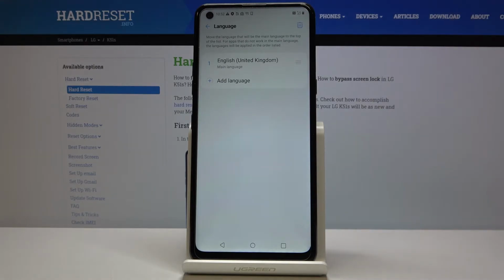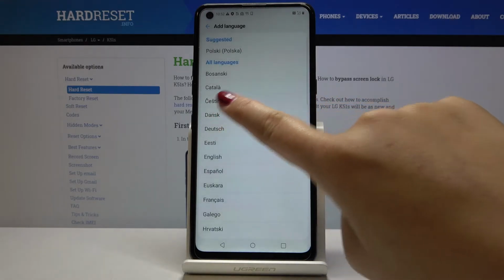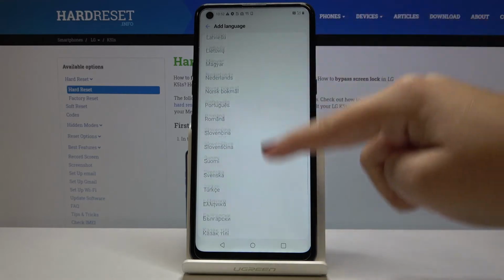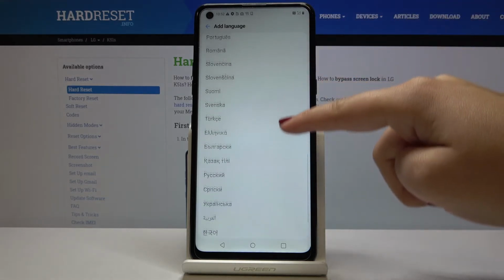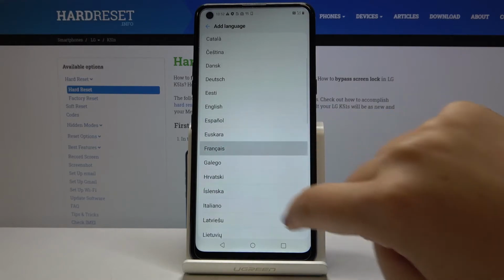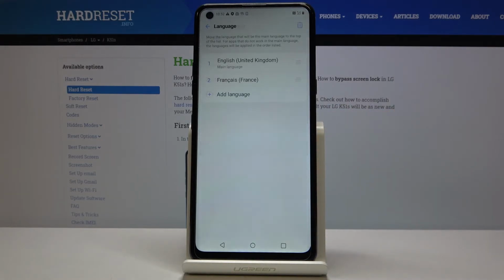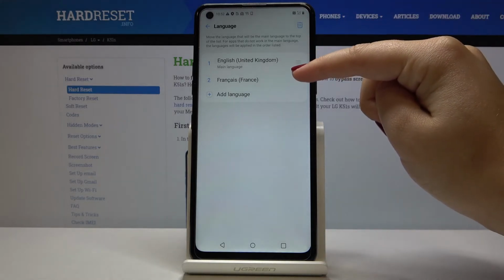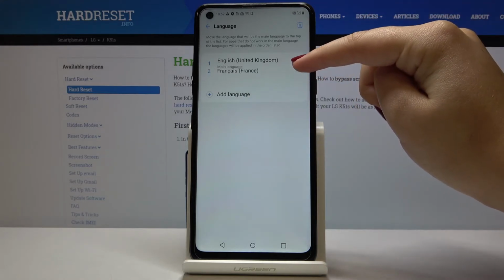And now you have to click on add language. And as you can see, there is a full list of available languages. So let me choose, I don't know, the French, for example. Wait a second. And to set it as a main language, simply click on this icon and swipe it